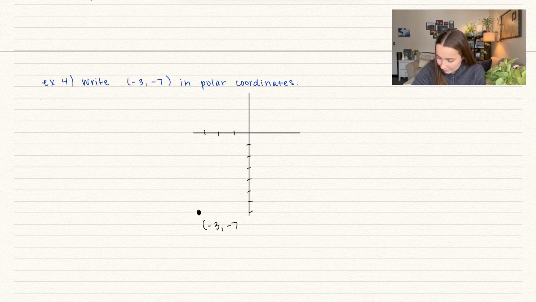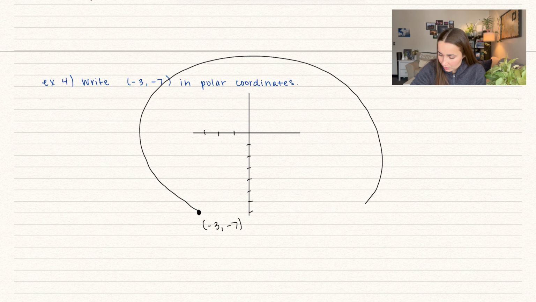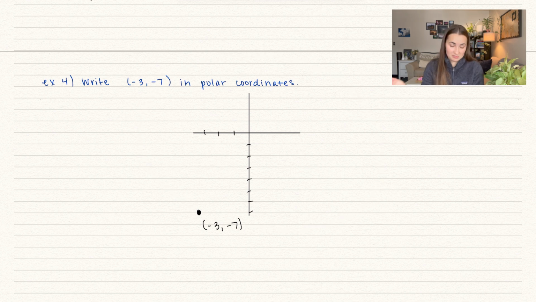(-3, -7). We're going to have a huge circle, which I'm not going to draw out because you saw how big it is. And we're going to have some angle where this is living. So let's go ahead and use our formulas. So r is equal to the square root of x squared plus y squared. So we get negative 3 squared, which is 9, plus 7 squared, which is 49. So here we get this radius is going to be the square root of 58,